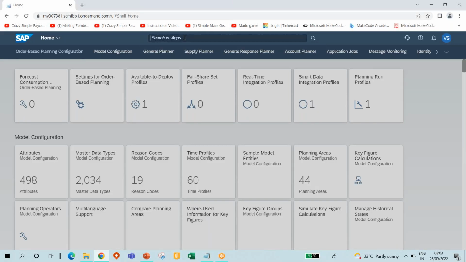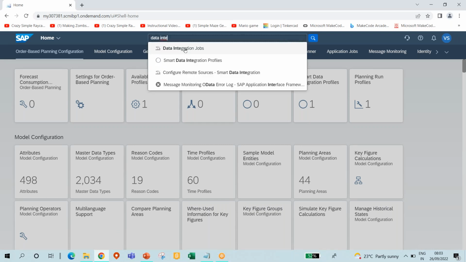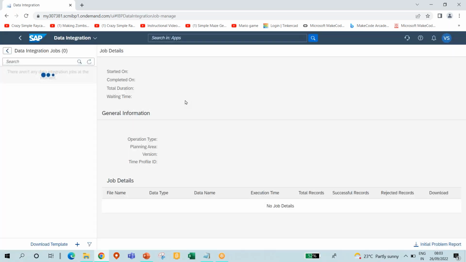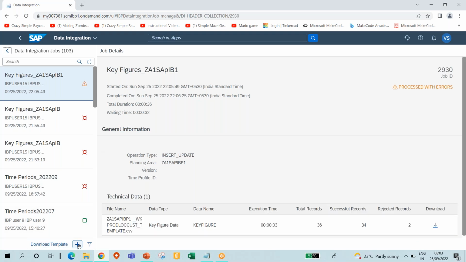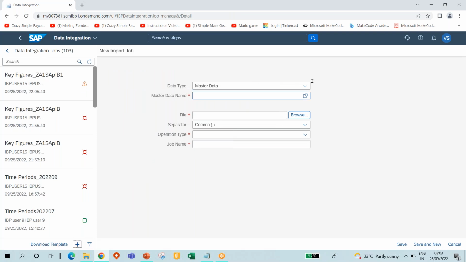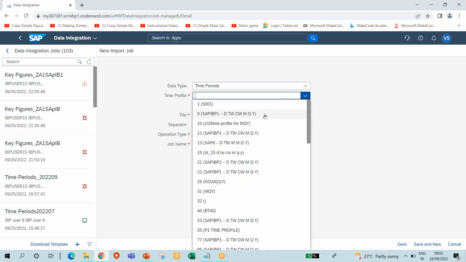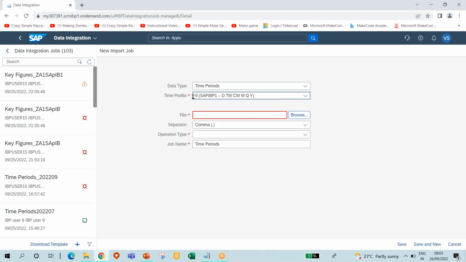Let me go to the data integration app. Data integration jobs, and I'll again do this plus symbol. I'll select time periods. I'll say our time profile was 9, and if we do not know which time profile we are using, the easy way is